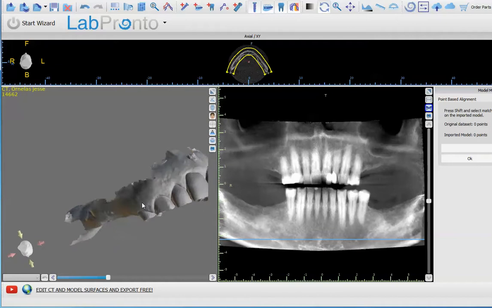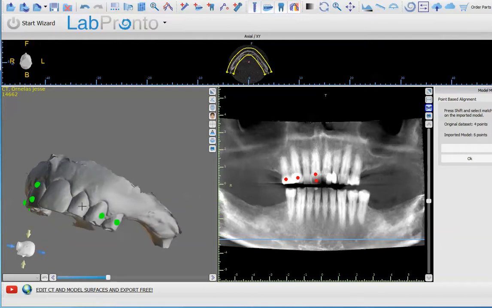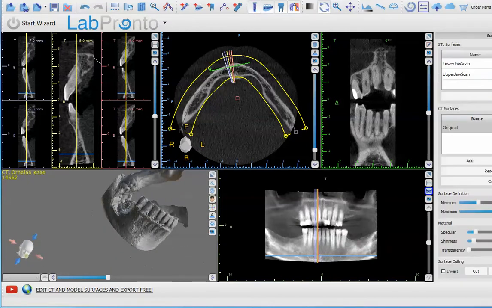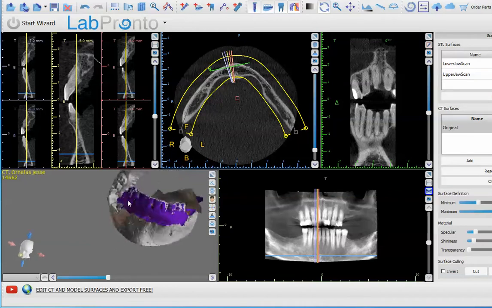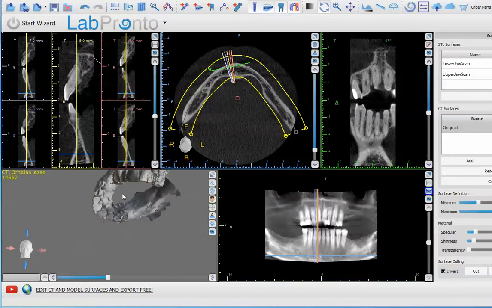So we'll try to put a couple different points. I like to do something like this on the anterior teeth to help the computer figure it out. And three on this side. And press align. So this is what it has, and obviously that's wrong. We go back into surfaces and we turn the lower jaw on. So the lower jaw is right. That's meshed correctly. So all we really need to do is click off the lower jaw, and invert it just to show the upper jaw,